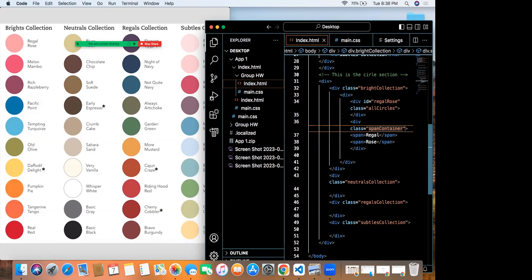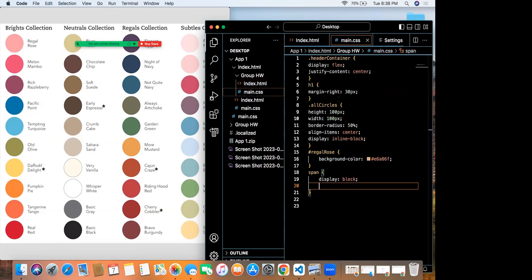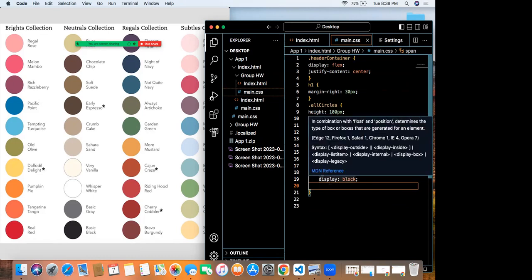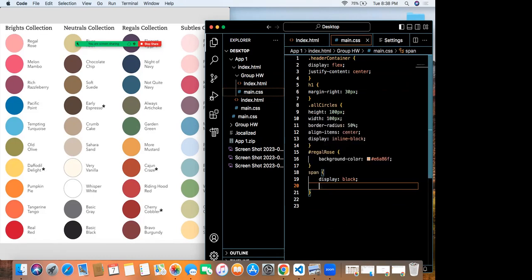Okay, so question. Since we're about to copy this, the two of them, do we still need to keep this? You will need to keep this. Yeah, so go to line 22. Yeah, dot span container.